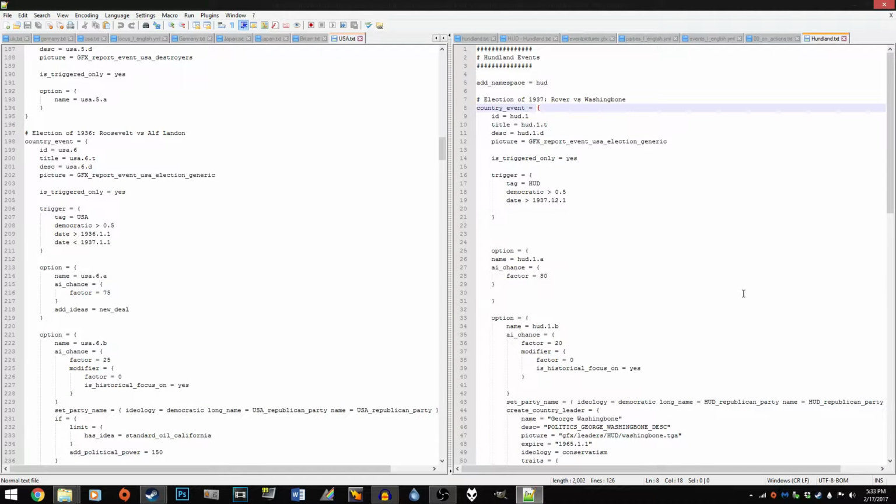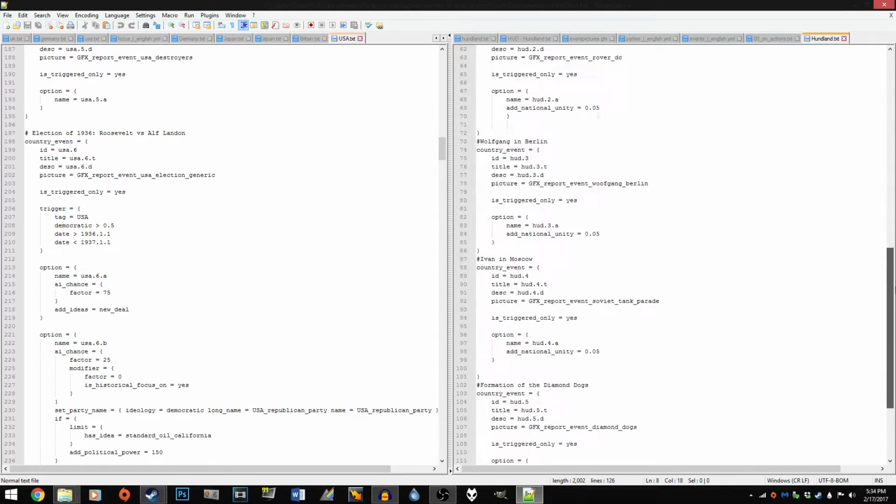Notepad++. I really highly recommend you get this program. You can do this with normal Notepad, but it's not good. Notepad++ is superior in every way possible. Get it, I'm telling you, it'll make your life a lot easier. Just by this. See this little feature here? See where this is? See how it's red? You click on that, and then